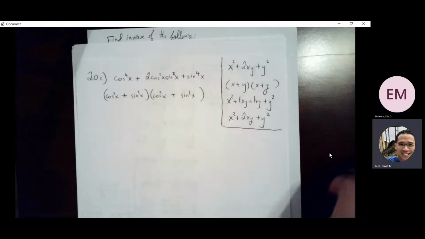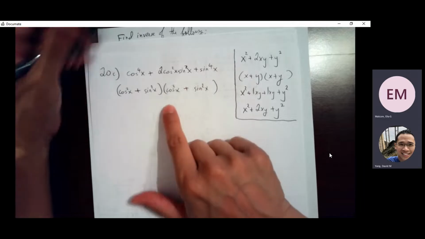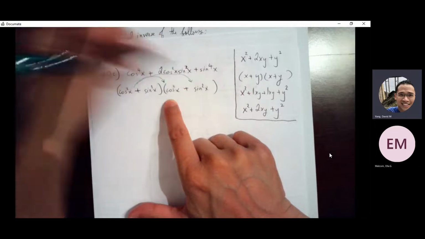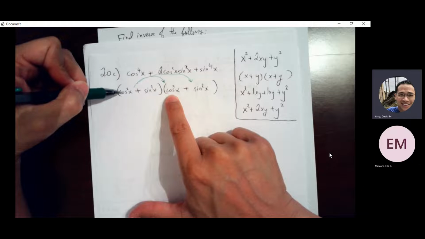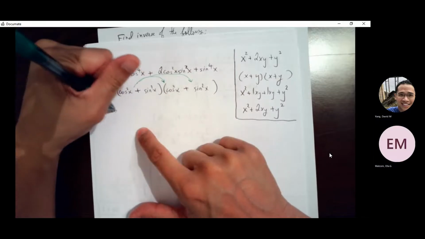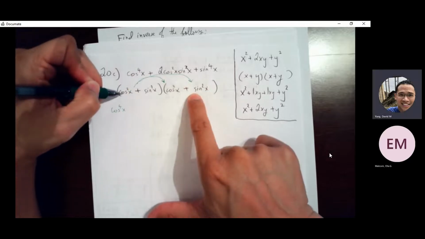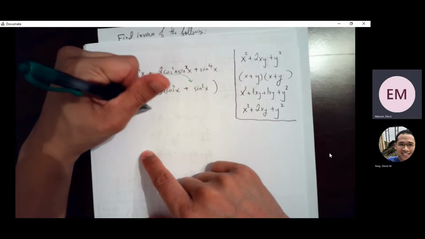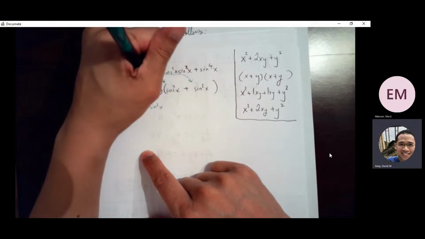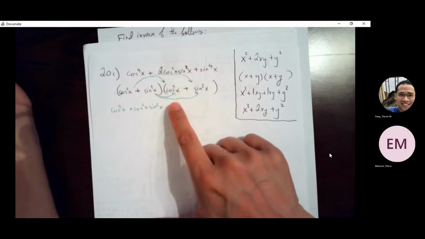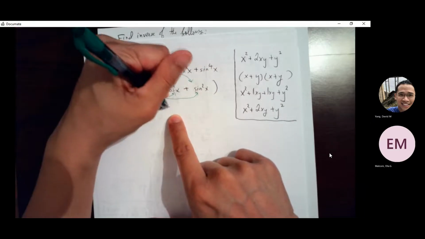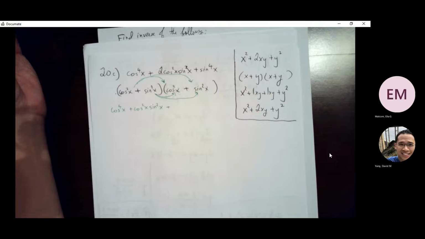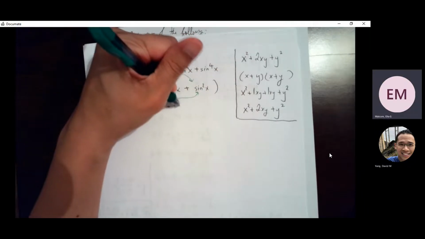No, wait. Okay, let's test it out. We're going to FOIL this out just to see if we're actually staring at equivalent things. Okay, so cosine squared times cosine squared is cosine 4x. Cosine squared times sine squared x. Let's distribute the sine squared through. Oh, we do get the same thing, because then that would be sine squared x, cosine squared x,